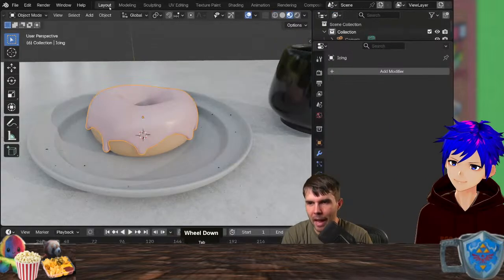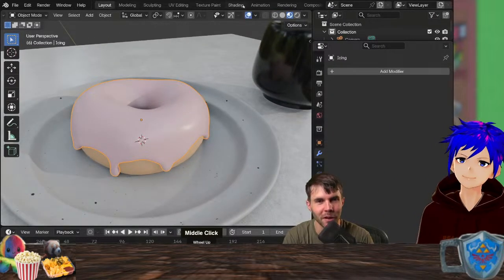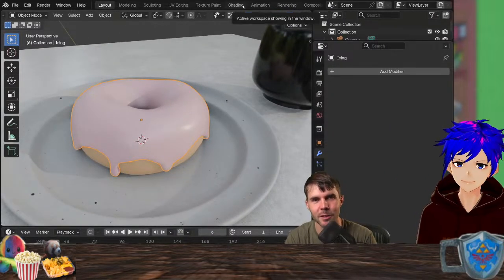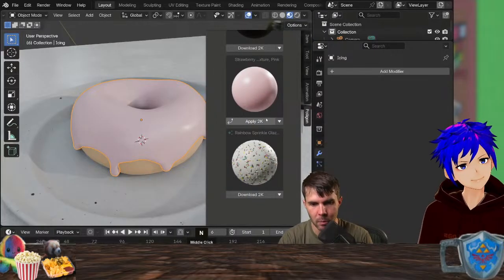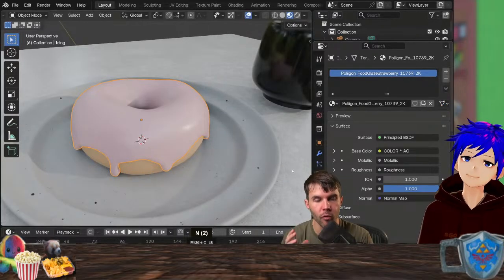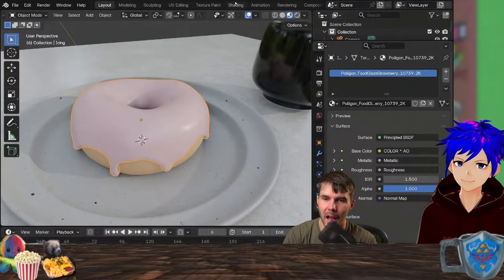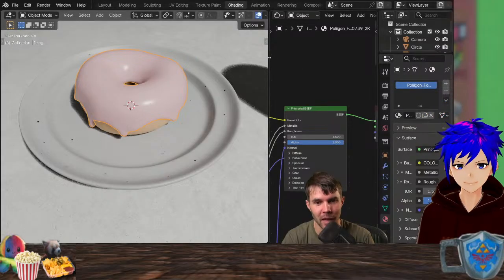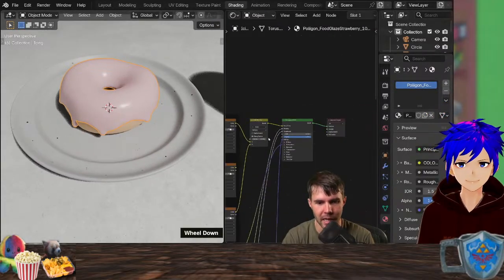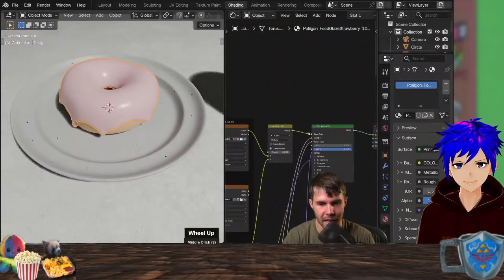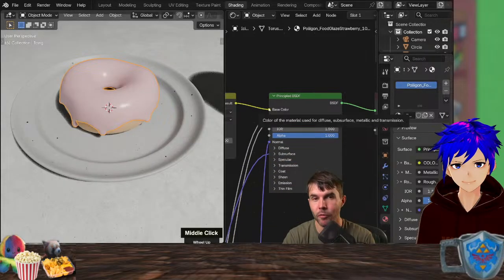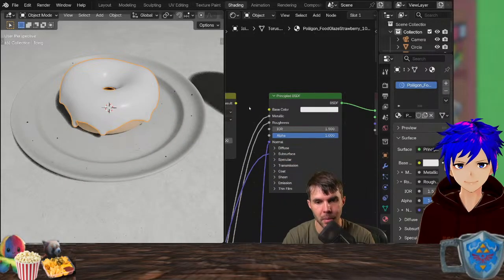But why does it look so pale and pink and not as fun as it was before? Well, it's because when we added in that texture, when we clicked this, it overrode the material that we had before. So if you go back to your shading tab, you'll see we got all these textures. And for example, before we had a pink color that was in the base color.